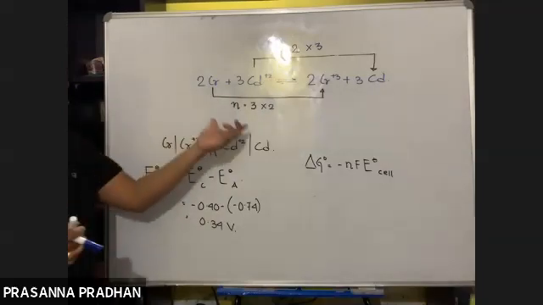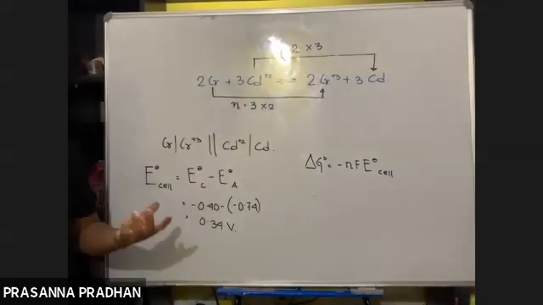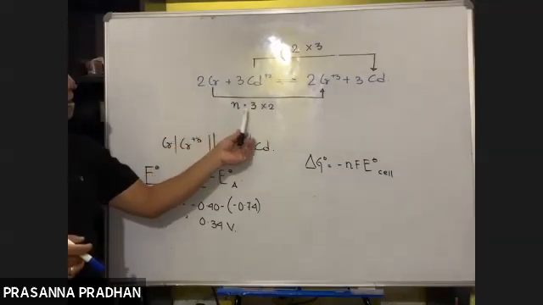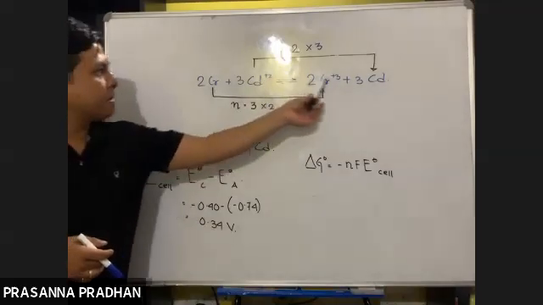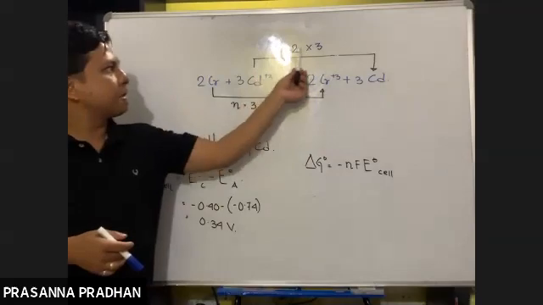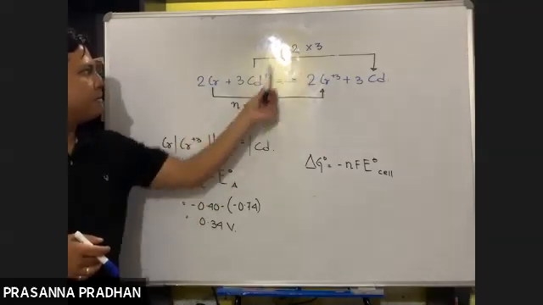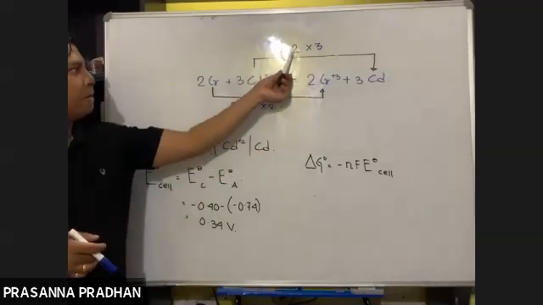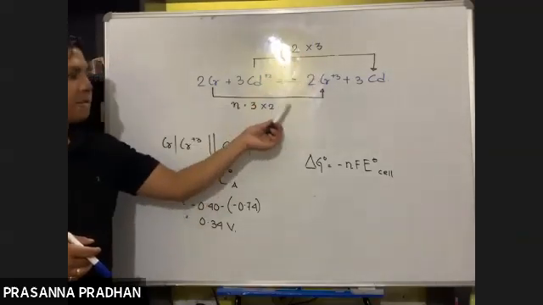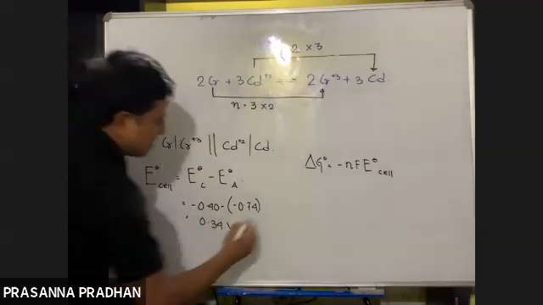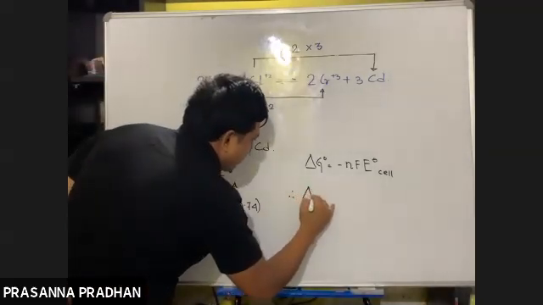So you need to find out in this way. Because here, the number of electrons lost was 3. The change in oxidation number is from 0 to 3, that means 3 electrons are involved. Here 2 electrons are involved. So the number of electrons involved is not equal. How will you make this equal? We need to multiply by the common multiple. 2 threes are 6, 3 twos are 6. So total how many electrons are involved? 6 electrons are involved.